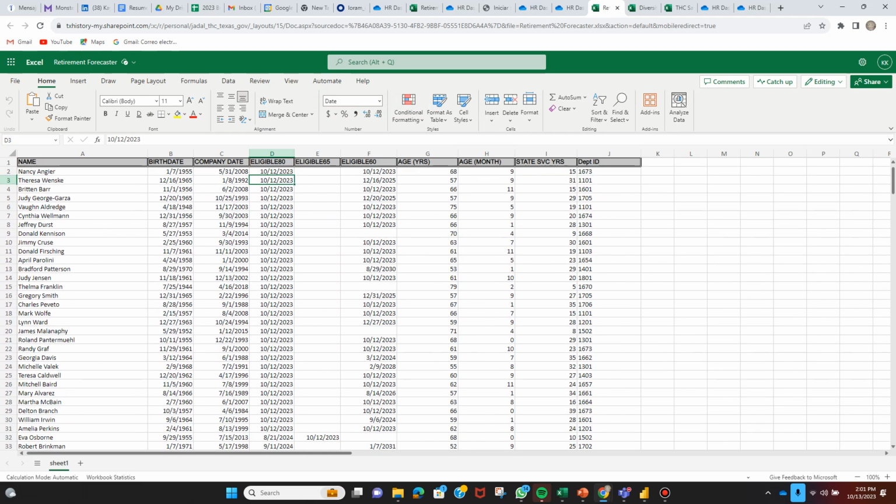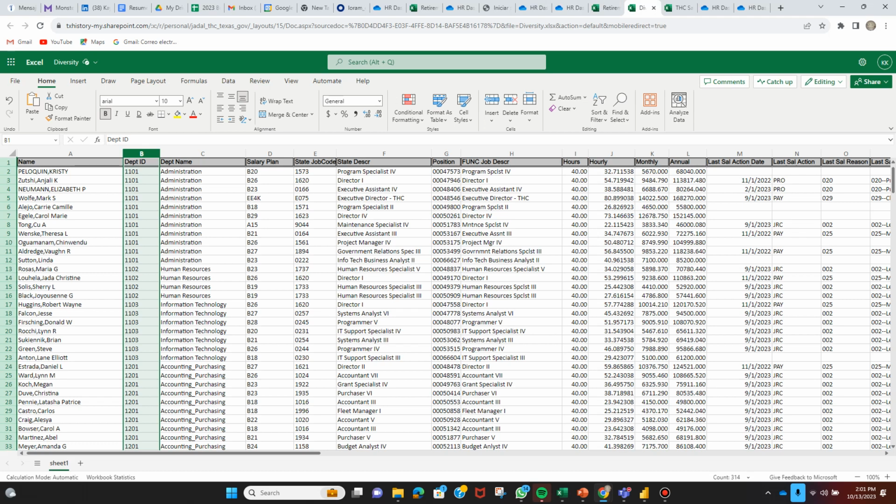And then it'd be nice to see where they're at, what department they're in. Yeah, for sure. For instance, I can make that join. Yeah, for instance, Teresa's in administration. So we have 5 people in administration that are already eligible for retirement, and then do one within 5 years and maybe within 10 years. And then tell that story so that we can be on top of some succession planning in those areas. I don't know if that makes sense, but